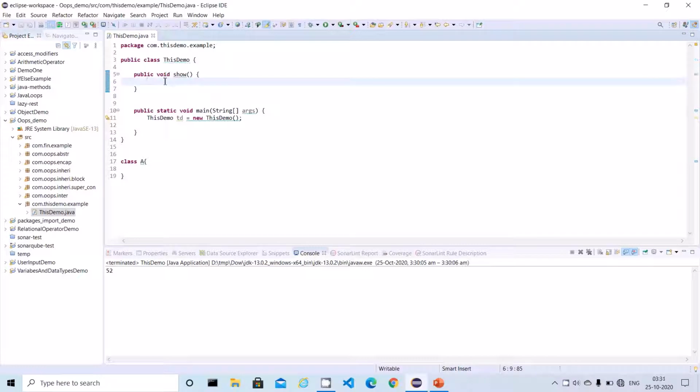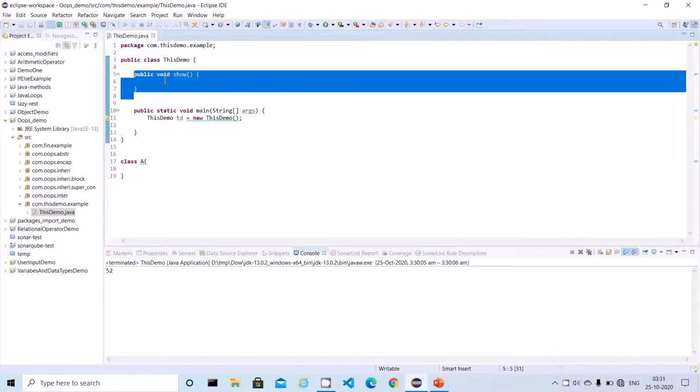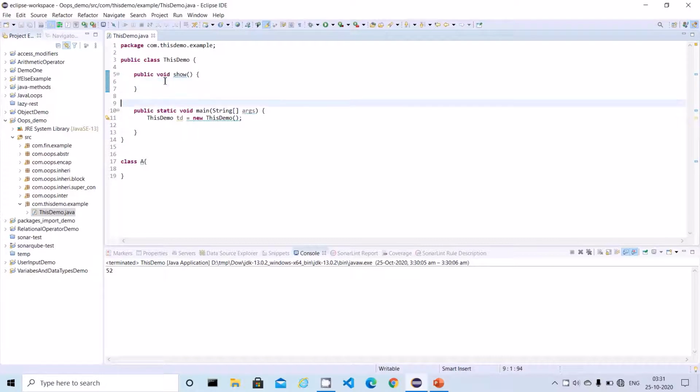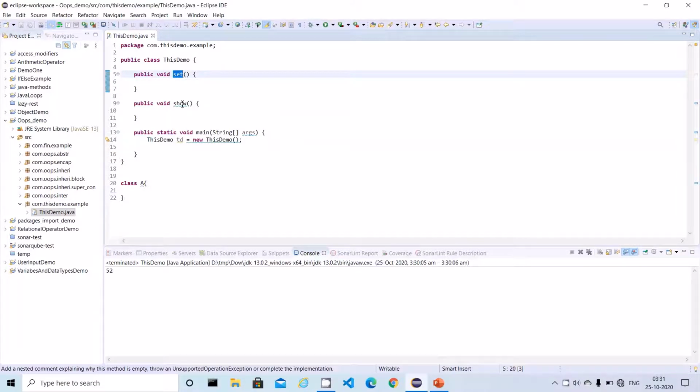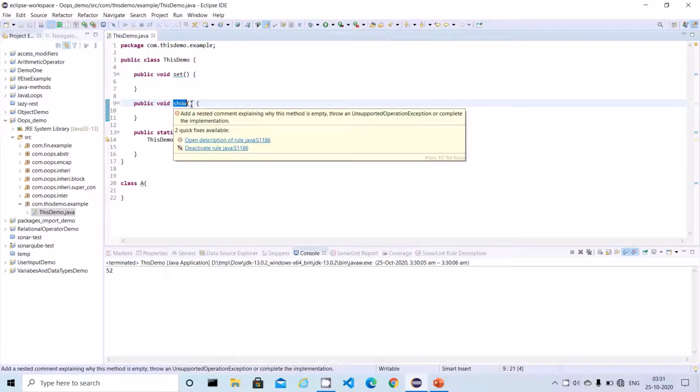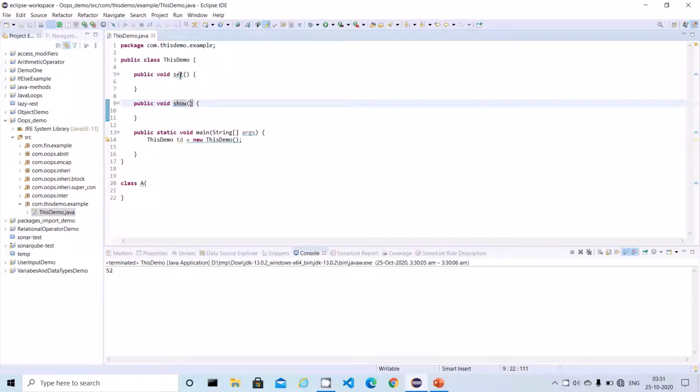So inside this method, what I want to do over here, so these are the two different values, and whenever I'm trying to call this method, I want to call this method with the help of the current object state.